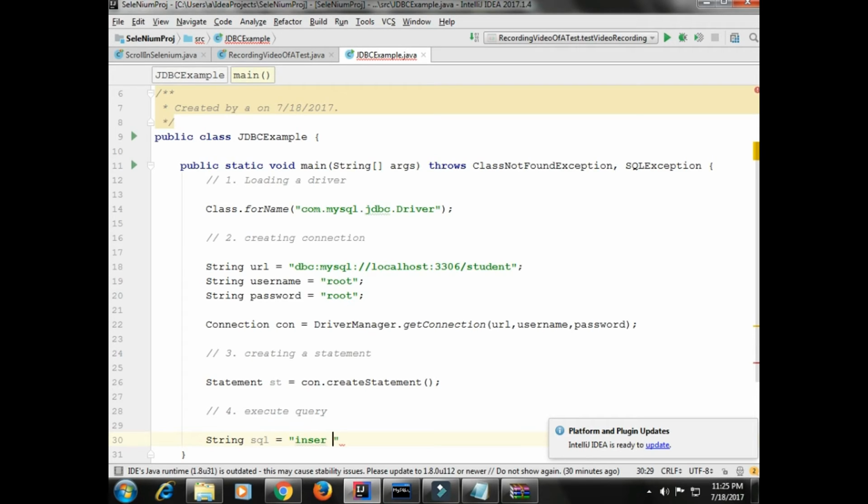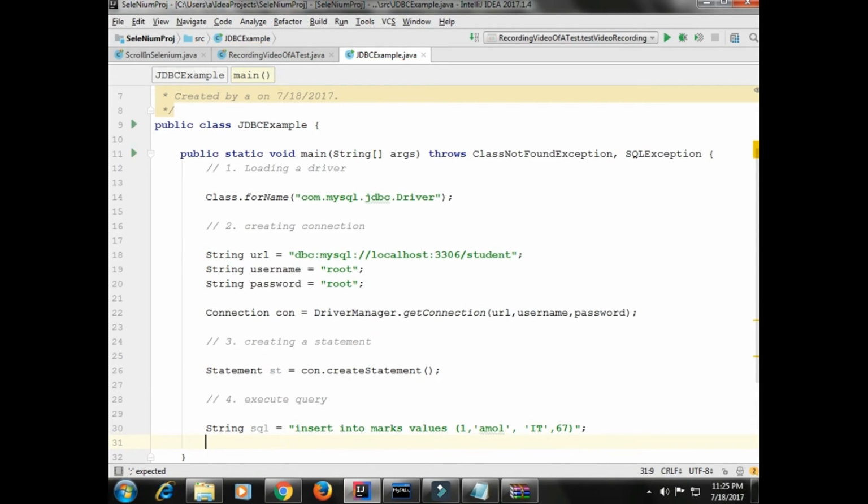So insert into marks values, say 1, then Amol, branch, say IT, then marks are, say, 67,